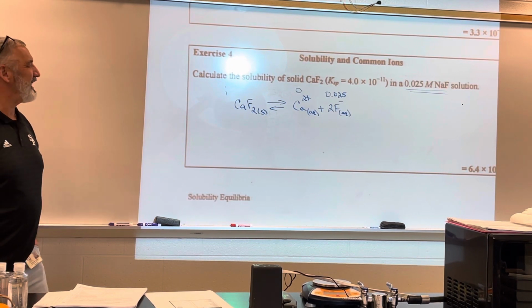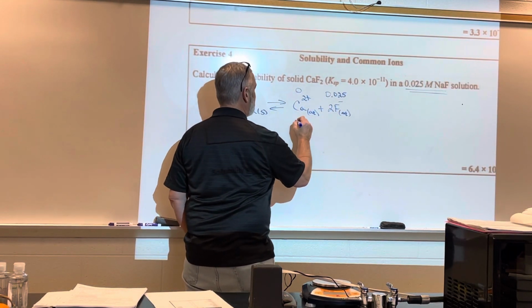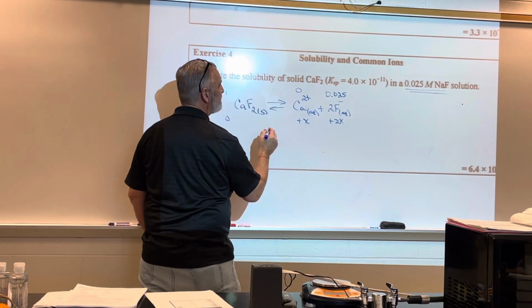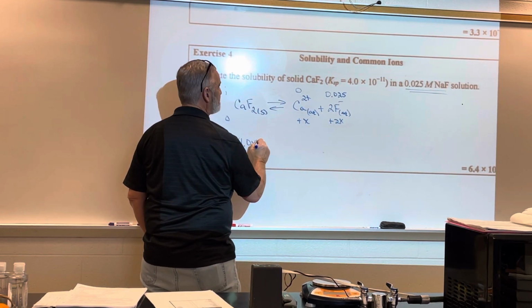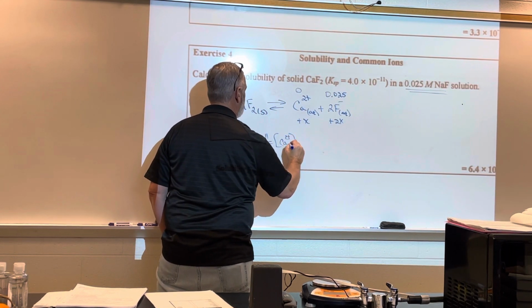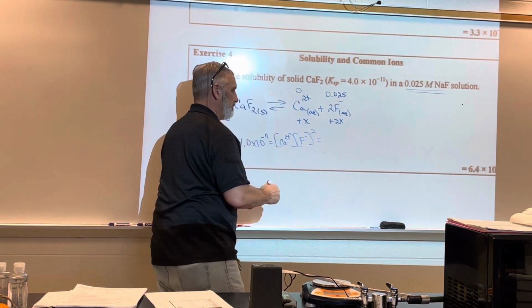All right, so now what's my change going to be? Minus x and plus x and plus 2x. Okay? So my Ksp is given as 4.0 times 10 to the minus 11, which is going to equal Ca2 plus times my F minus squared, which is going to equal